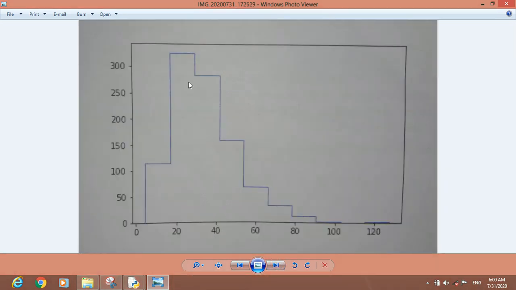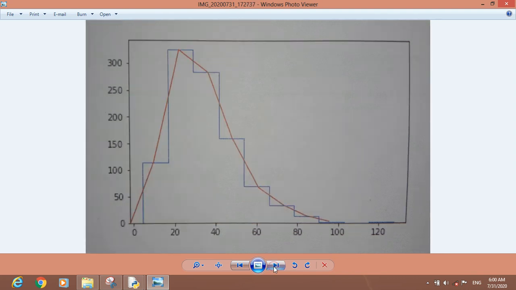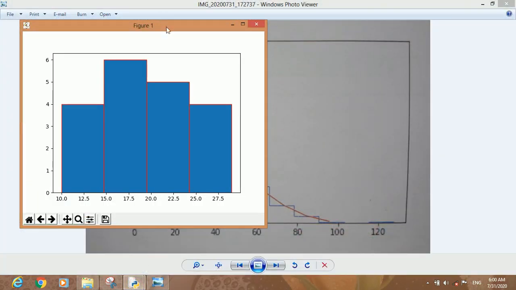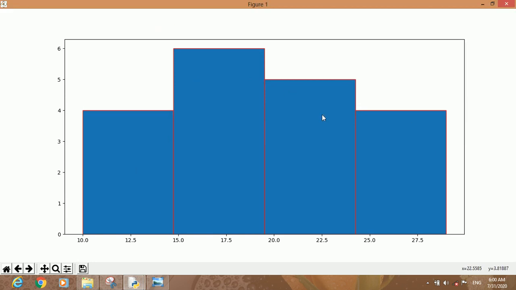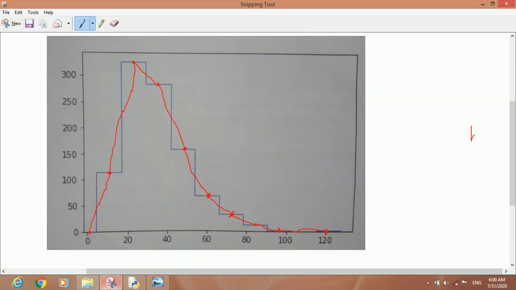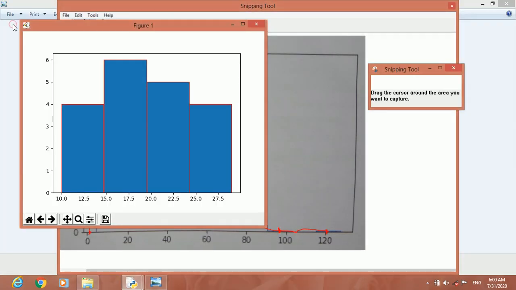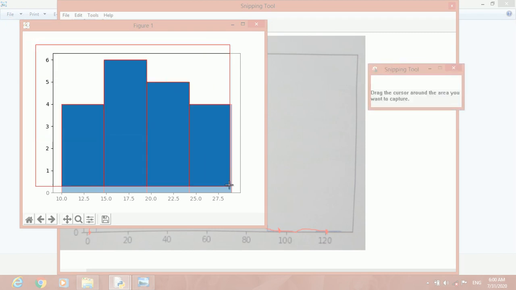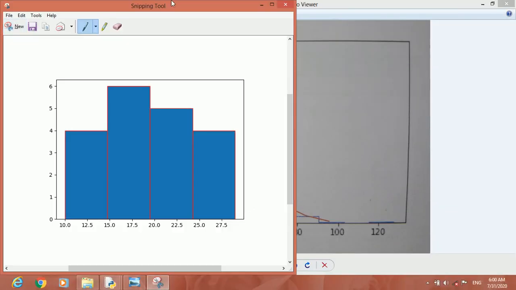As here you can see, this is the histogram, and in this histogram a frequency polygon has been drawn by marking the middle point this way. Now here what we have, this also can be adjusted with a polygon like this one. Okay, we make it smaller. This histogram we have, and on this histogram we want to draw a frequency polygon. So what we can do, let us capture it and draw a frequency polygon. It has been captured.